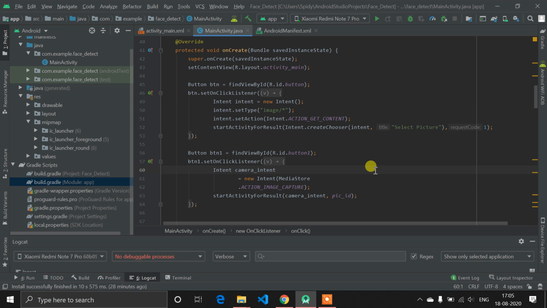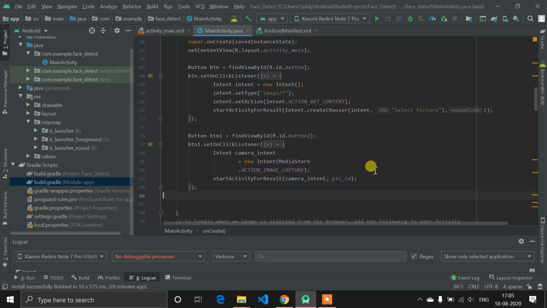So you define an intent, cameraIntent, just a variable I have defined, then new Intent equal to MediaStore dot ACTION_IMAGE_CAPTURE, which is an inbuilt action for opening a camera. You need to define this and startActivity. So when you click on the camera button, it will open the camera, meaning it will ask you for the permission. Now our two main parts are done here.